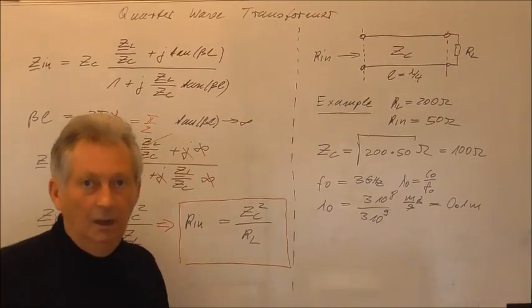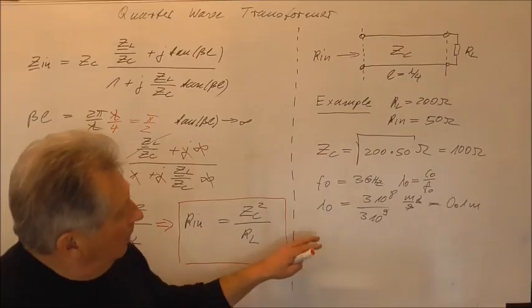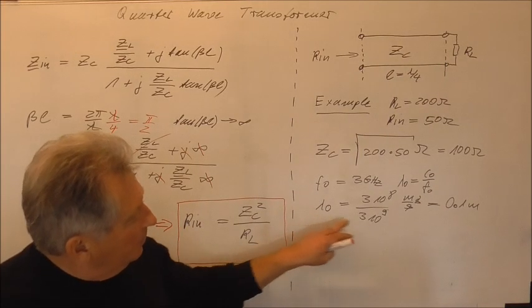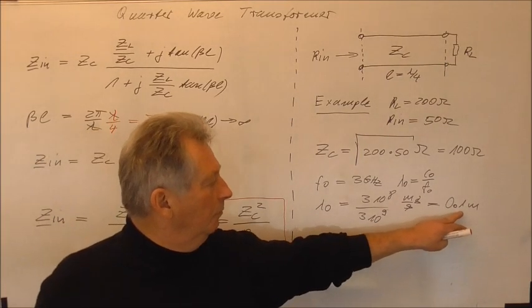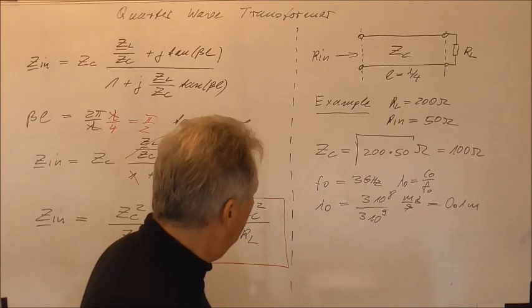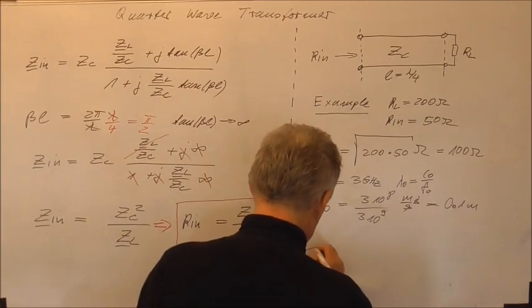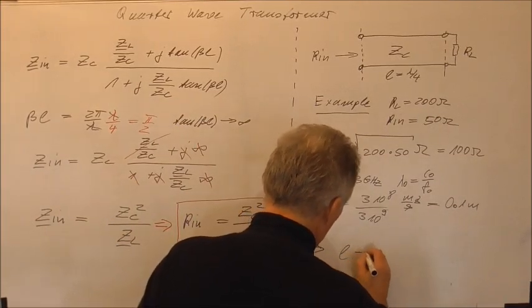So in an air-filled transmission line, we would have a wavelength of 0.1 meter or 10 centimeter. So we would have to choose L to be